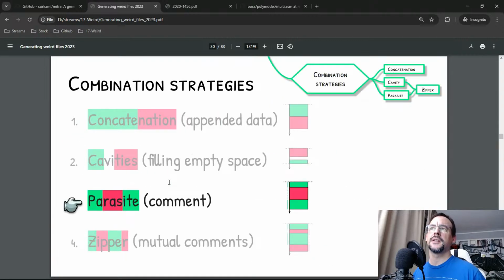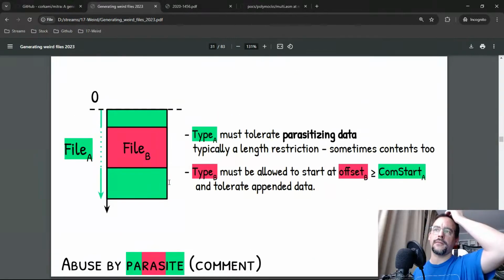And parasites: one host type must tolerate parasitizing data, and typically there is a length restriction, especially because of the way the size of the comment, or whatever space you will abuse, is stored on a given number of bytes. And then the parasite type should be allowed to start not too far in